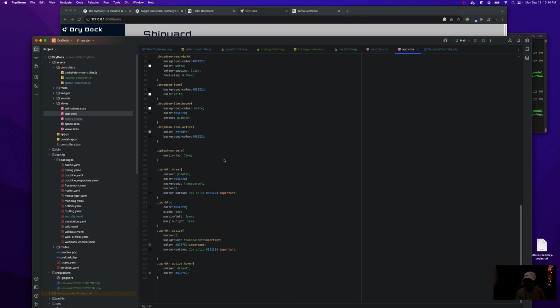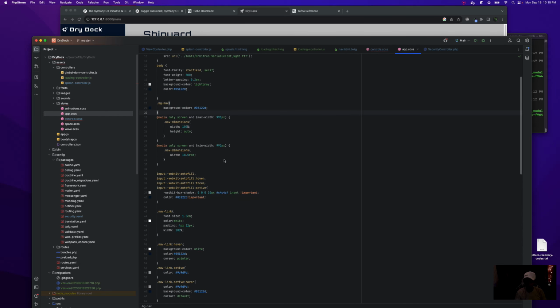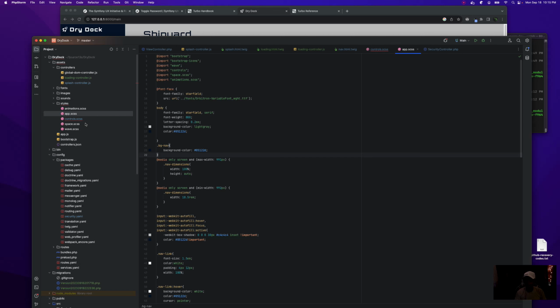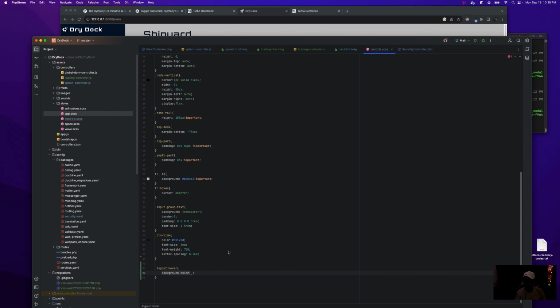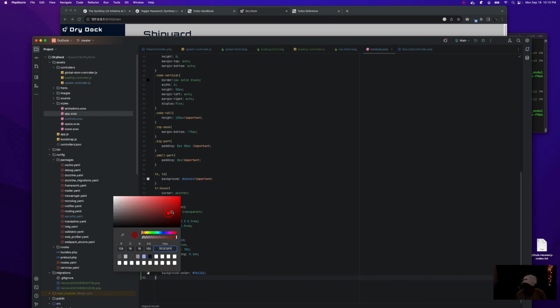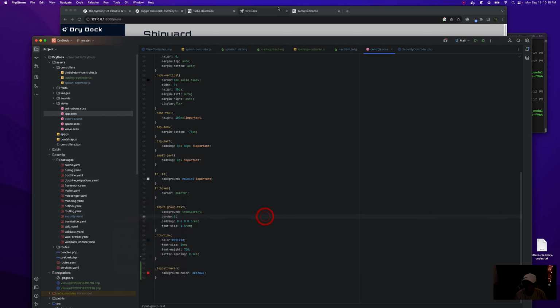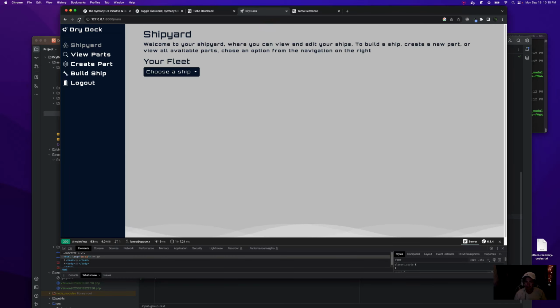Come on. I know I got a good red someplace around here I used before. Maybe I don't. Okay, I guess we'll make up our own red. Right? I don't see one. Do like a darker red. Not too dark, but like that.